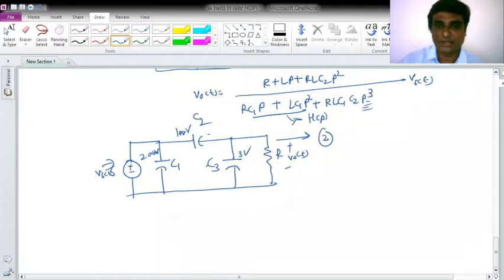And if you solve it similarly, you will get the power of P is 2. You can try. R in parallel with 1 over C3P, this is in series with 1 over C2P, and this again in parallel with 1 over C1P. That way you can do it, and you can check your answer. So this way we can decide the order of the circuit by looking into it. Right?